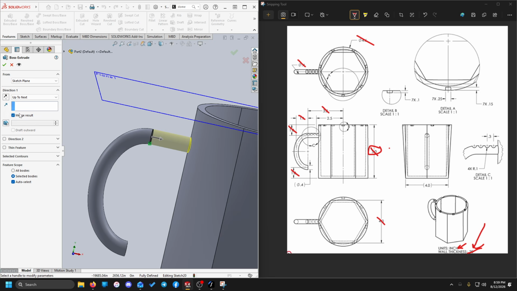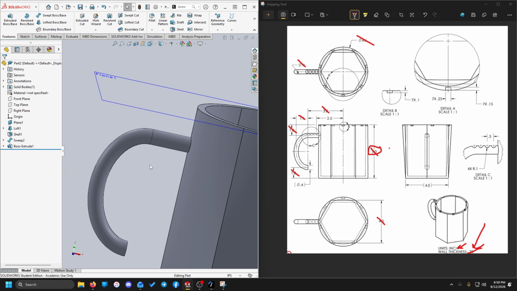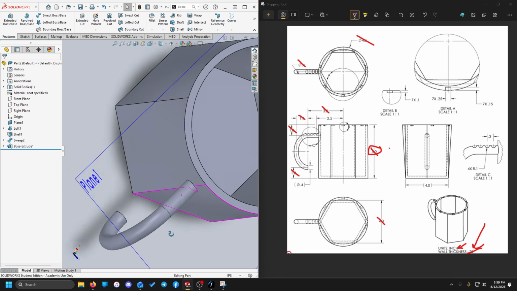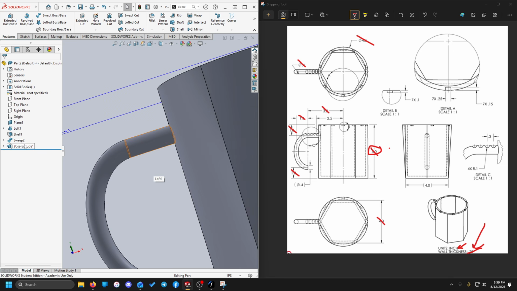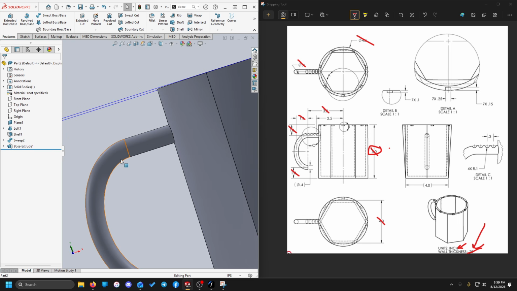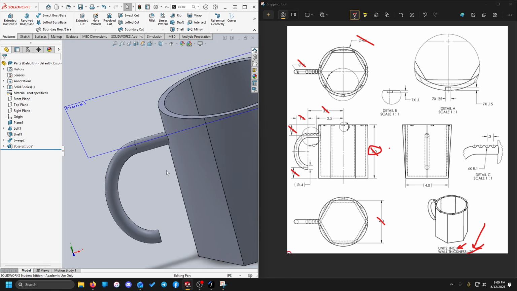And this one, it's important, we have it set to merge results, and it's set so that the feature scope is using all bodies. I think the default that it gives us is also pretty reliable, but there are circumstances where that can end up getting a little screwy. So making sure that we choose the intentional all bodies option is the best way to make sure that you don't end up in any weird circumstances. All right,